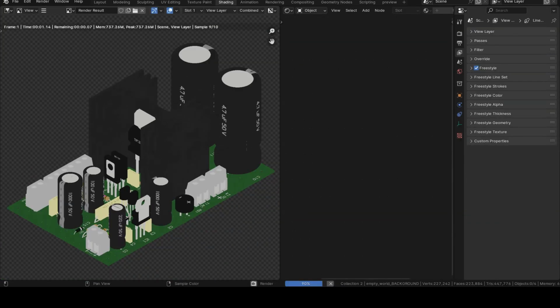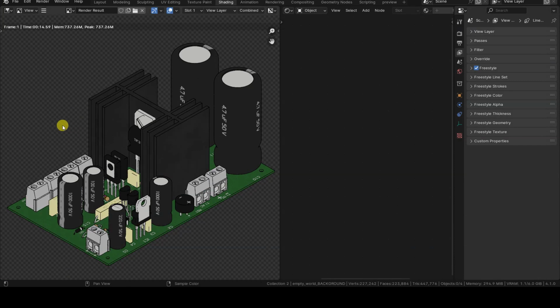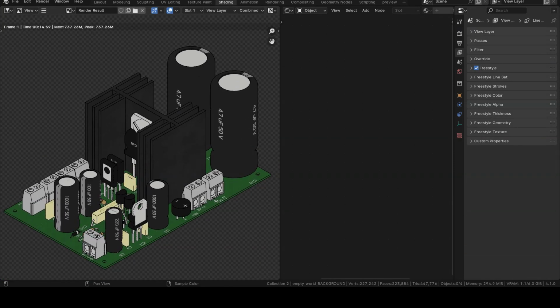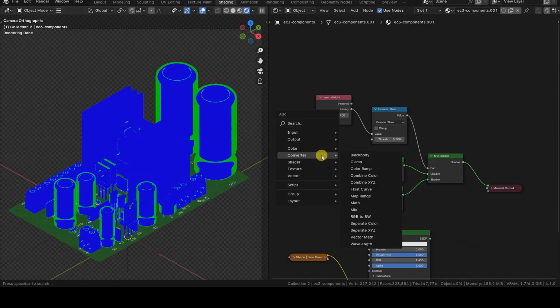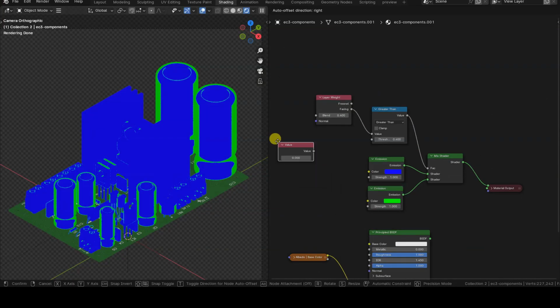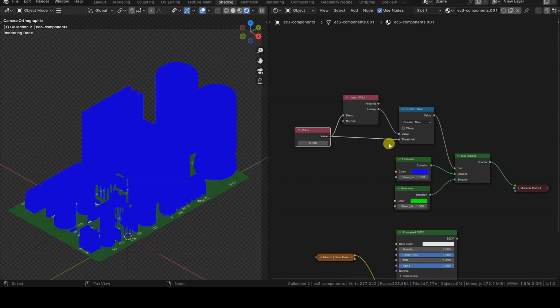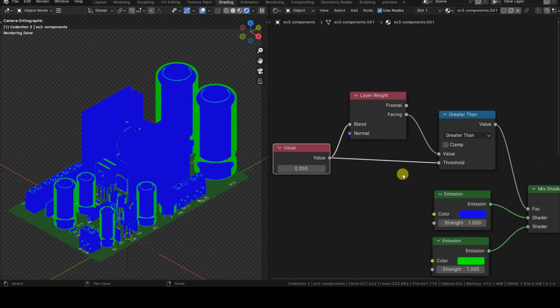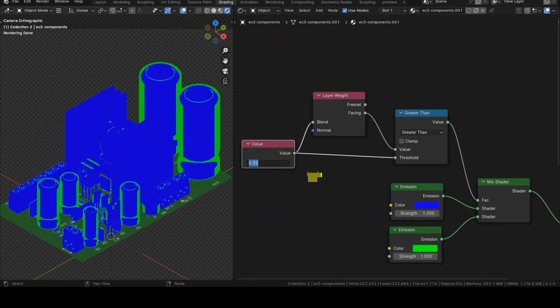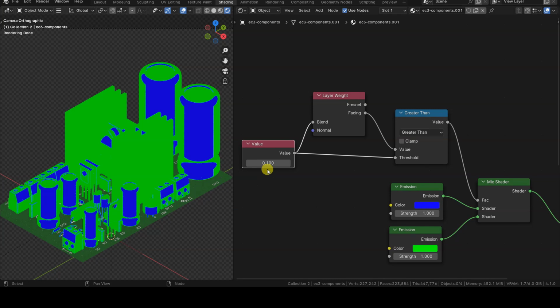We will enable Freestyle to provide an outline to the geometries in post-production. Finally, we will modify the inputs of the principled node again to create simple shading based on the orientation of the object's faces relative to the camera, making the geometry's appearance less monotonous.